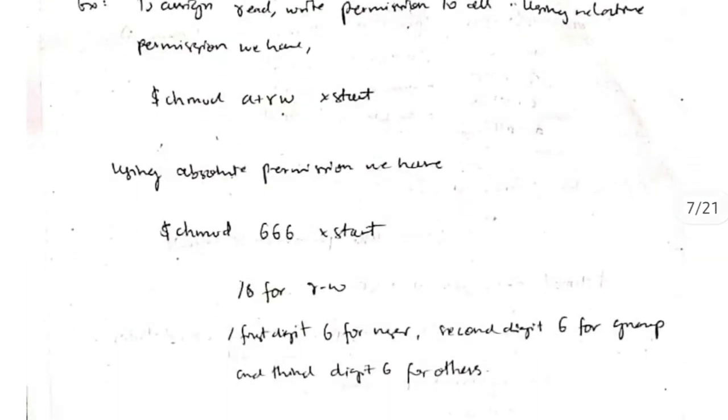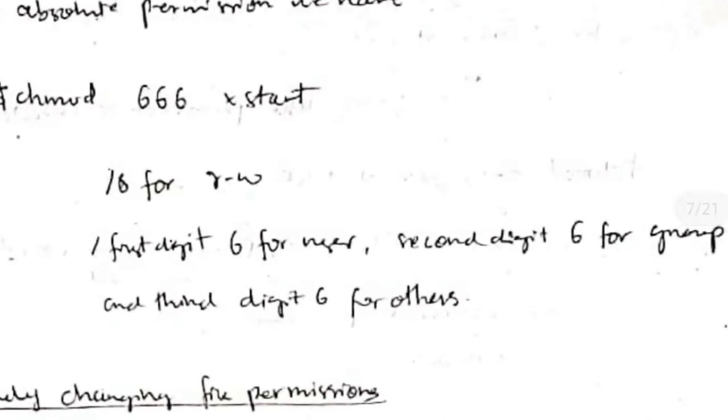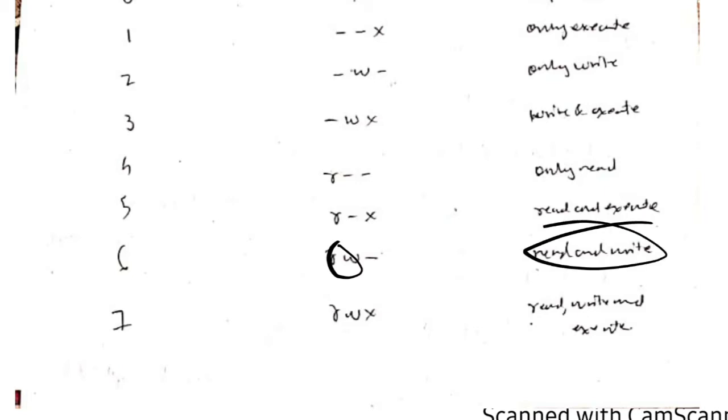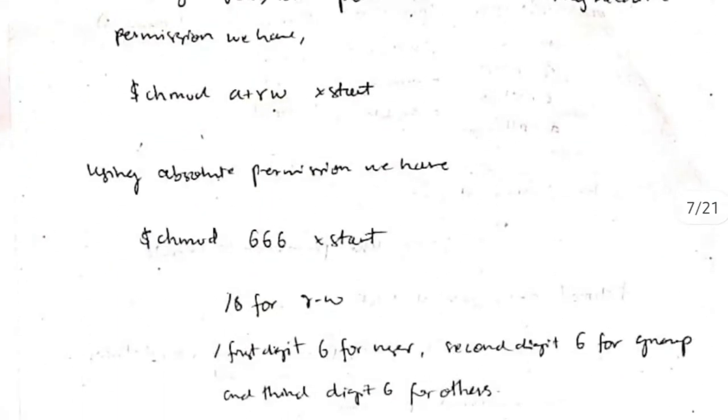For example, we can write 666 for the 3 groups: 6 for the user, 6 for the group, and 6 for the others. 6 means read and write. So each of those groups has the permission for read and write. In that way you can specify permissions using the absolute mode. This is very important from the exam point of view,